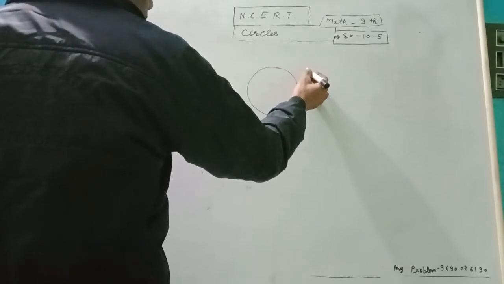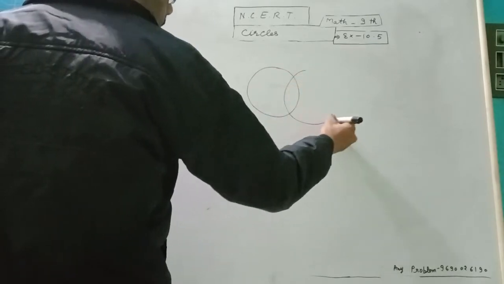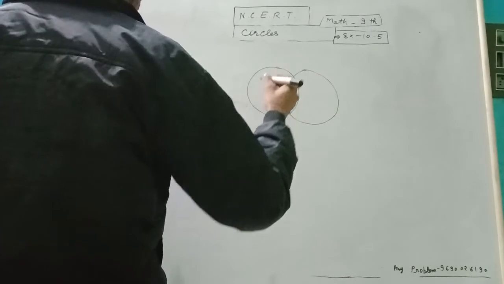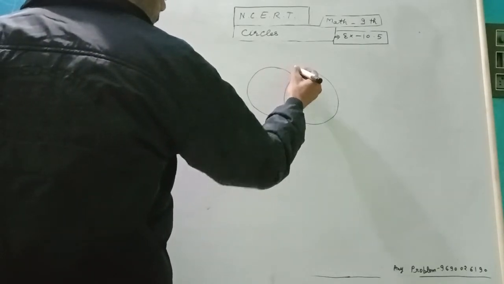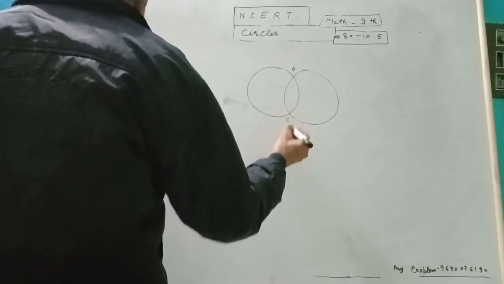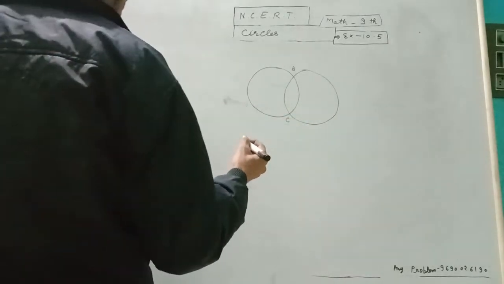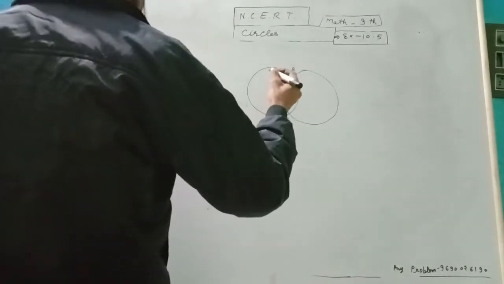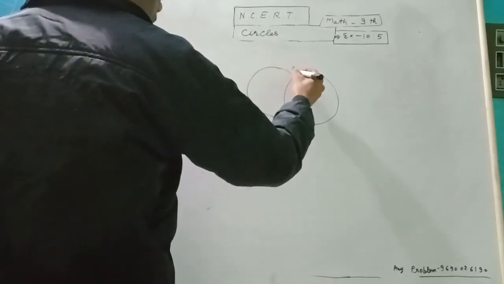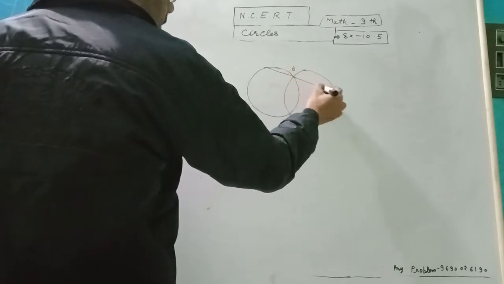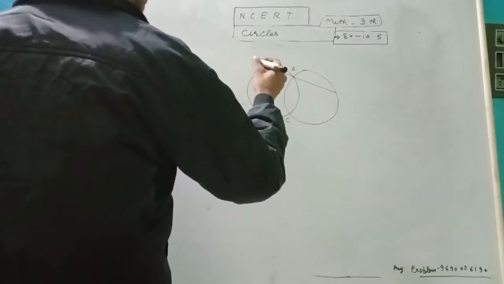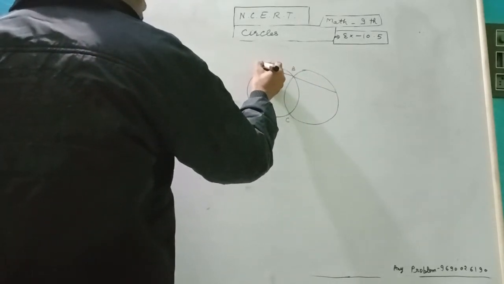intersect at points B and C. Through these points B and C, draw a line segment BPQ